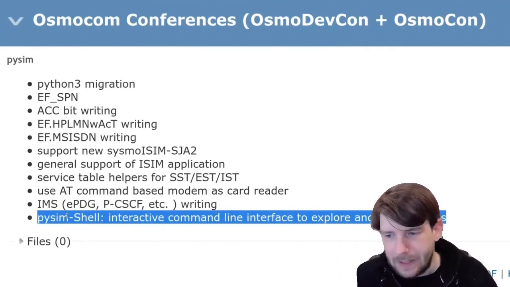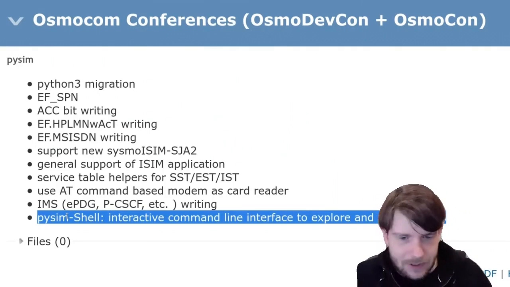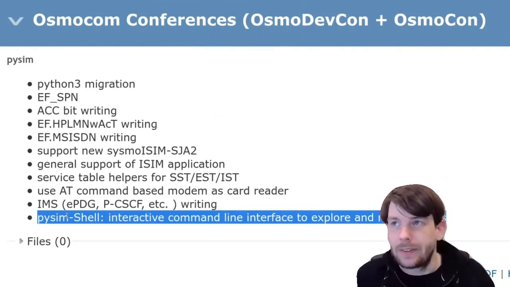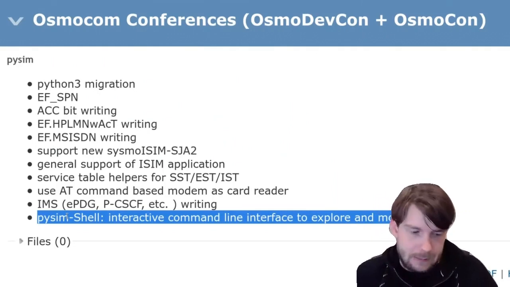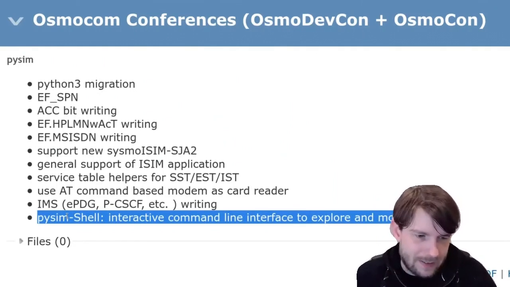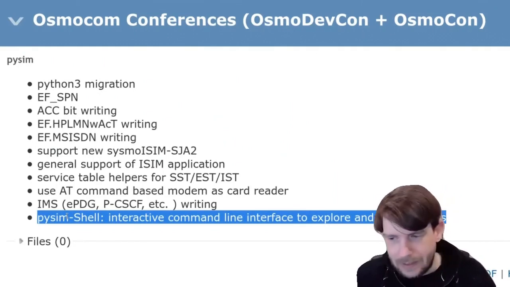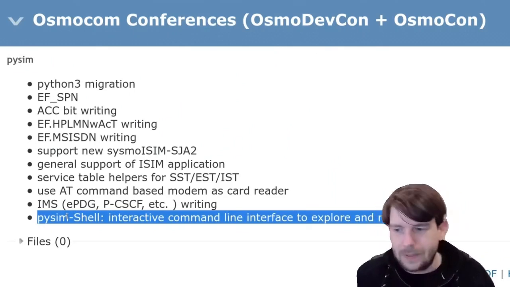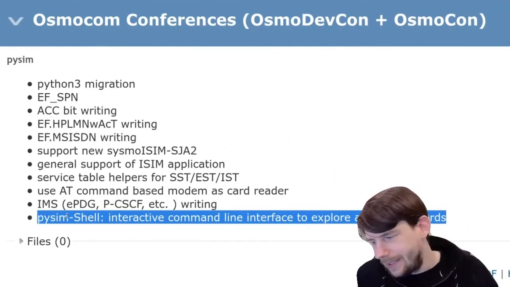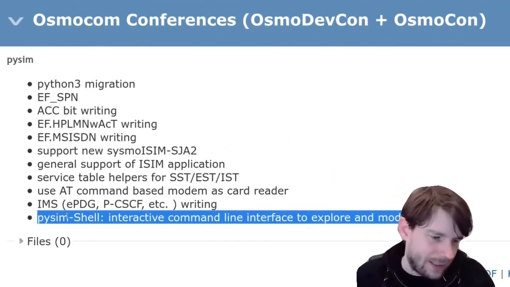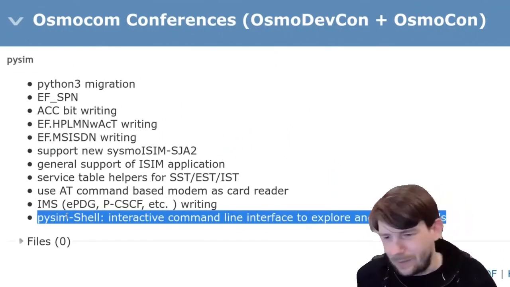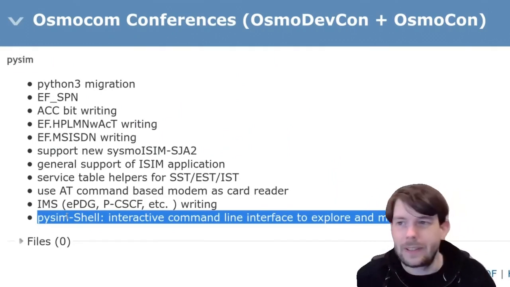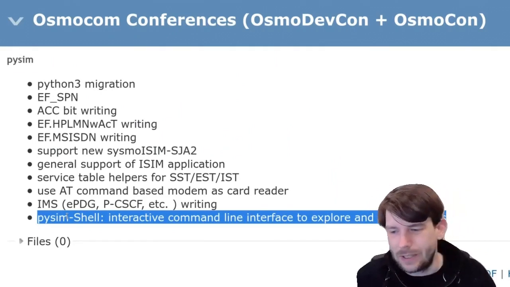Originally, PySim had just a couple of command line arguments, which is fine if there's like 5 different parameters you want to write on a card. But now, as we get more and more complex cards, it's not just SIM, it's also USIM and iSIM and probably HPSIM and maybe some other applications on the card. Each of those applications has hundreds of files. Each of those files have I don't know how many records with I don't know how many parameters inside. So we need a different way of